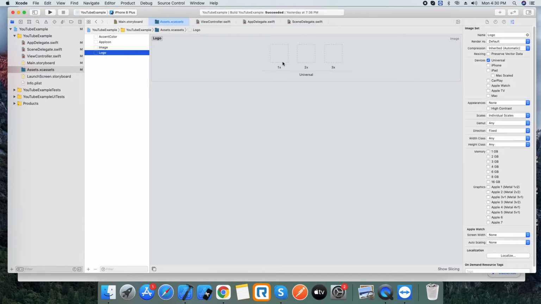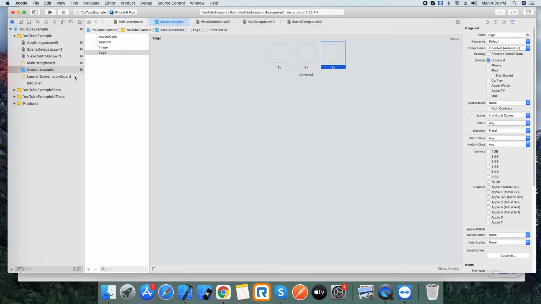Here we have 1x, 2x, 3x. What is meant by 1x, 2x, 3x? Here we need to provide images according to device size. So we have three images: 1x for the SE and 5s, 2x for the 8 Plus and X, and 3x for iPads.